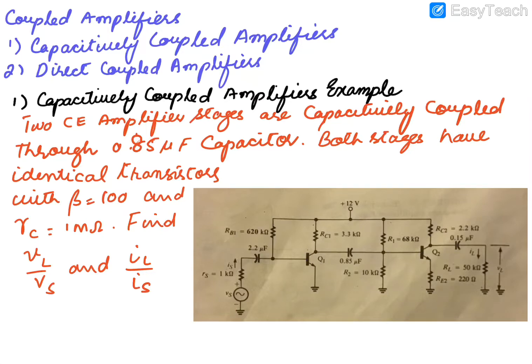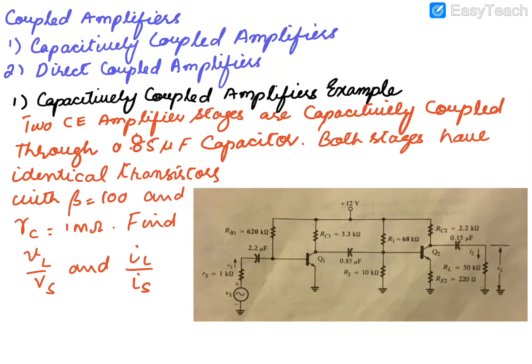Today we will discuss coupled amplifiers. There are two types of coupled amplifiers: capacitively coupled amplifiers and direct coupled amplifiers. So number one is capacitively coupled amplifiers, in which the two stages are basically connected with the help of a